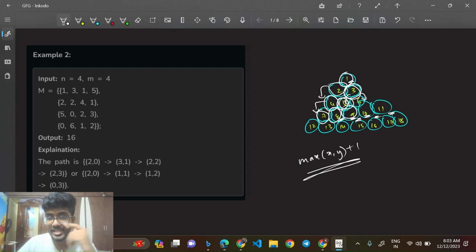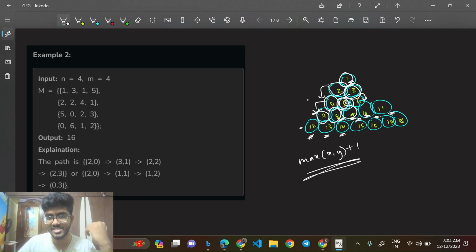So finally, if you're coming to 7, 7 depends on 3 values. What are those 3 values? 12, 13 and 14. And if you're coming to 12, does it depend on anything? No, it has nothing below it. So it's not going to depend on anything. So if you evaluate from 7, it depends on 12, 13, 14, in the sense that it can choose either 12, 13, or 14. What is the maximum among these three? 14. So 7 says, okay, I'll be choosing 14 and I'll be replacing myself with 14 plus 7, because I